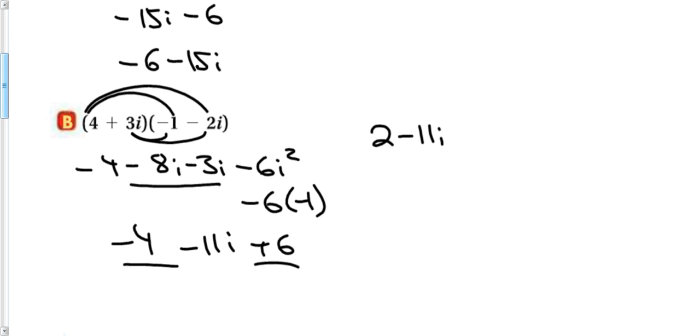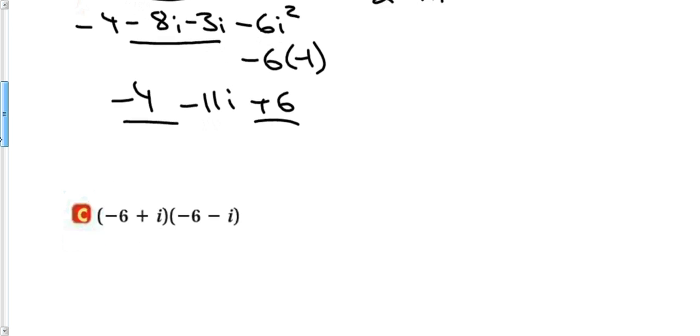Okay. It's just important to realize that when I multiply the last terms, 3 times the 3 and then negative 2i, I get i squared, and I have to remember to change it to negative 1. Now,